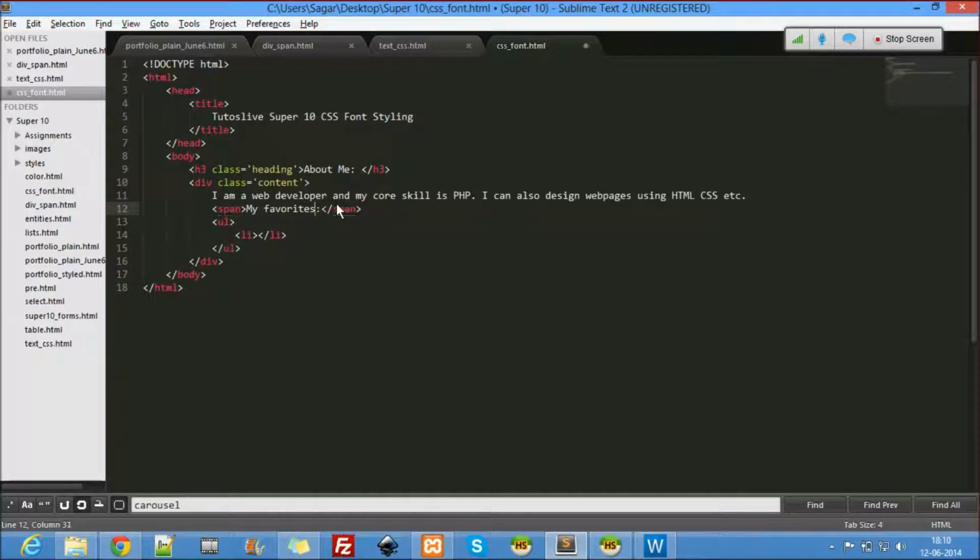I'm using a span there, or I can use a div too. Let me use span, no problem. Class equal to heading, because it's a heading. Alright, so I'll use a br here. My favorites. So cricket is my favorite.